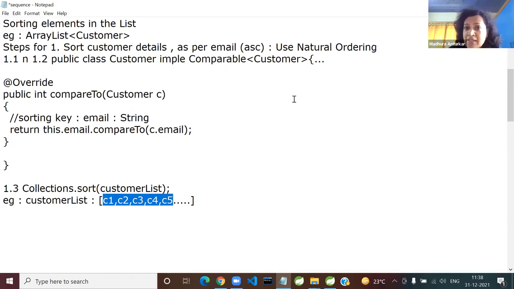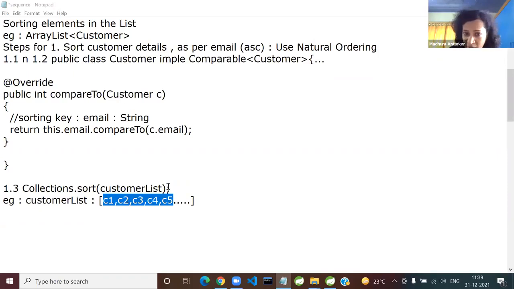When you say references, anyone wants to tell me where will these customer objects be created? Within the list or outside the list? Of course, heap, Abhijit. We know that. But will it be within the ArrayList or outside? Of course, outside. All these memory pictures, we had drawn earlier, so I'll not waste your time again. So C1 is pointing to the first customer object, C2 is pointing to the second and likewise.